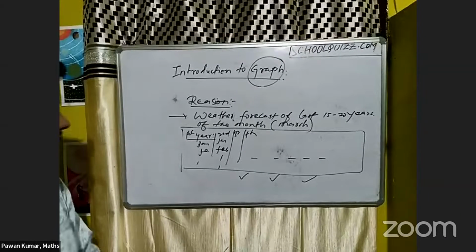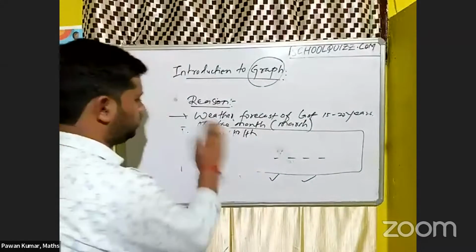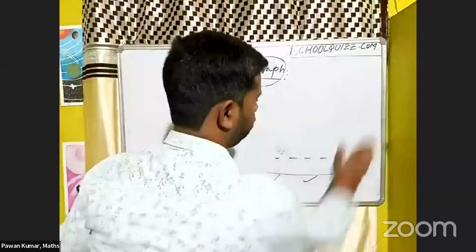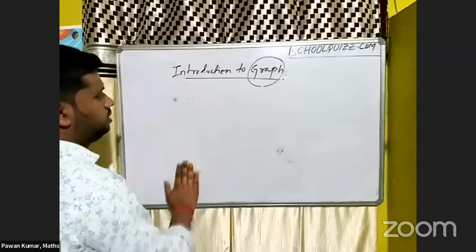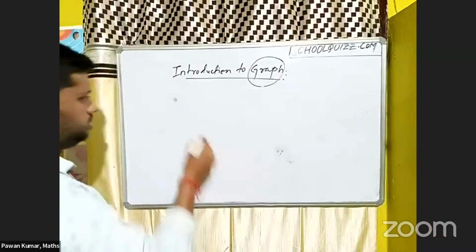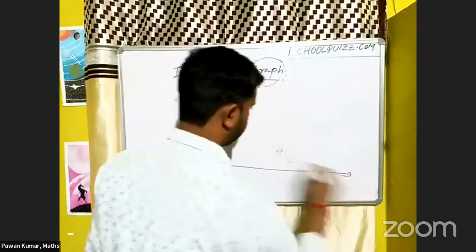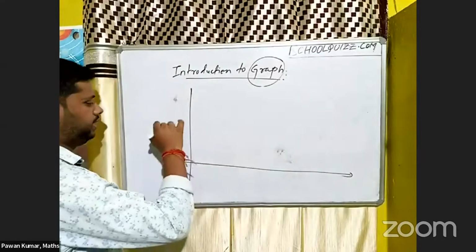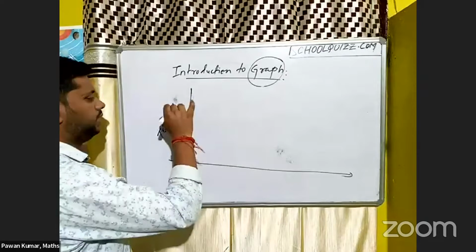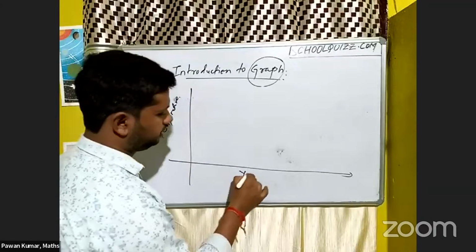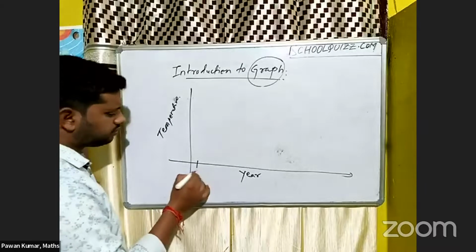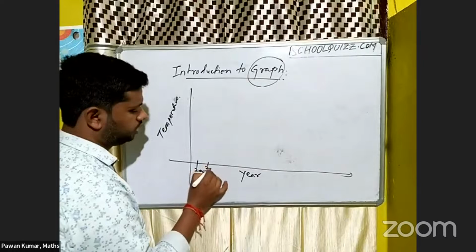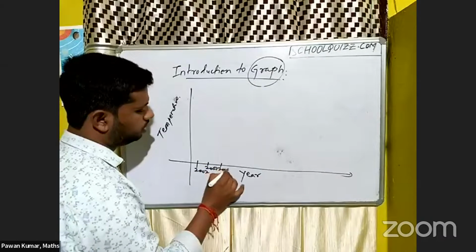Suppose in place of this, I represent those numbers by a graph. See, if I mention those in the graph, let this be temperature; on this side I can write temperature, and this side will be year. Correct. So if I'm saying the last 20 years, let it be 2002 onwards, 2003, 2004, up to